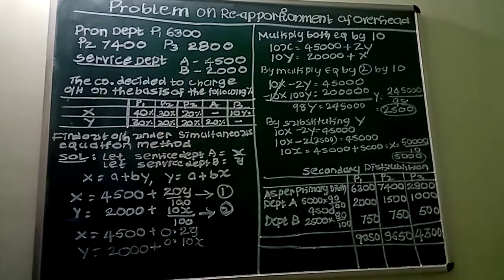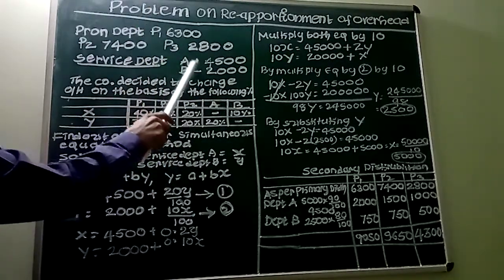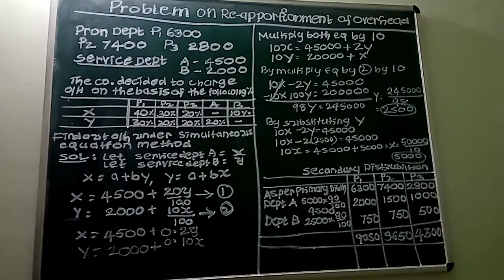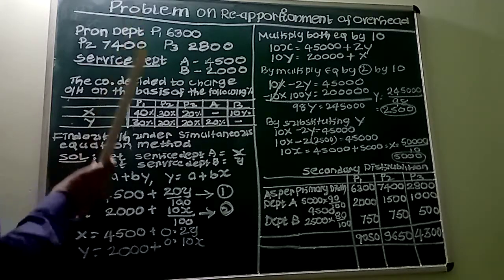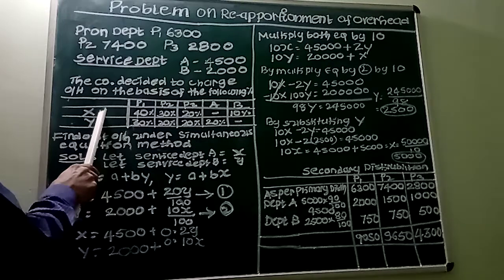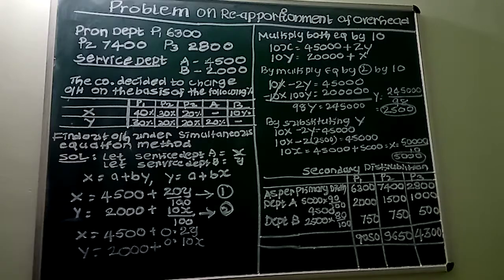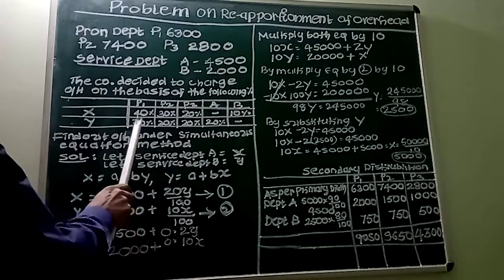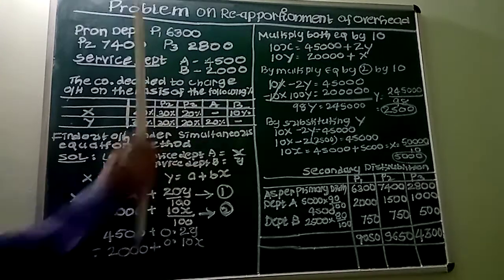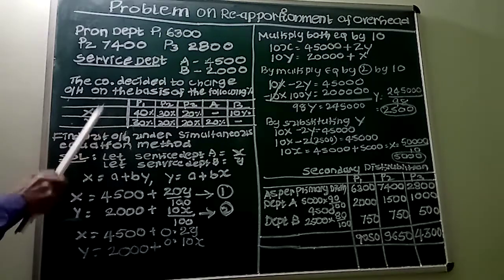These two are service departments, because it's already given in this particular problem that there are three production departments and two service departments. See, service department here is taken as X, or we can also say it as A, and this is B. This is very important. So it is shared on the ratio of 40, 30, 20 and 10, 30, 30, 20, 20. So these are two service departments. We have named them as X and Y and they are actually A and B.